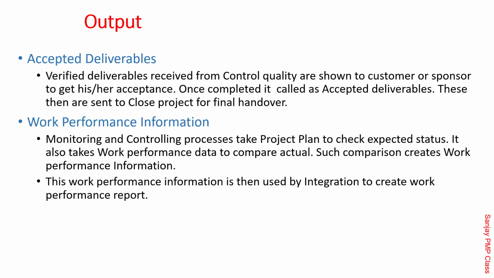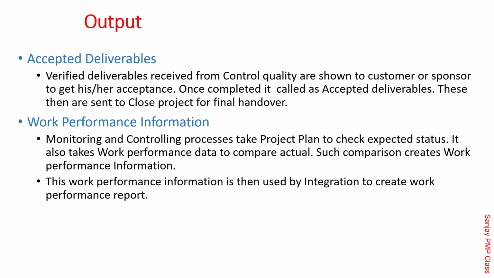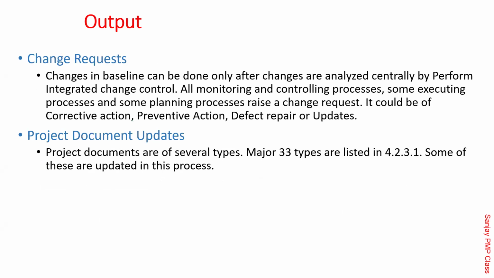So decision making obviously is sometimes required if it is not going as per the plan. And the output is called accepted deliverable. And sometimes change request. This change request I just hate. Why? Sir, the customer did not like it, validation failed, and then again the change request in Validate Scope is very bad. Change requests are made everywhere. It's not a bad thing, friends.